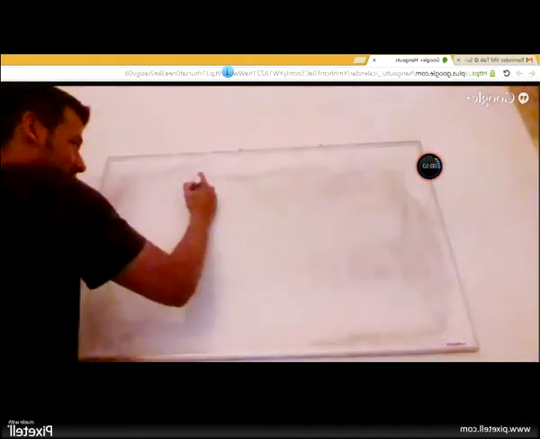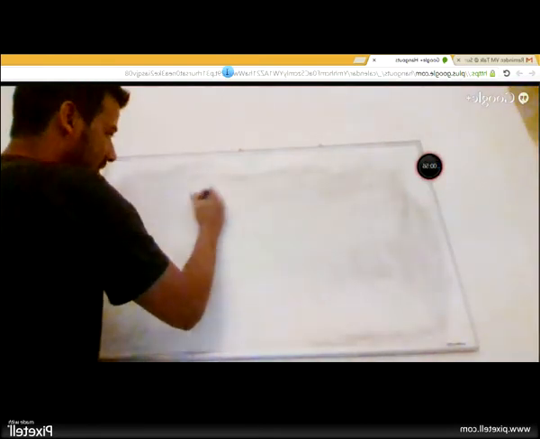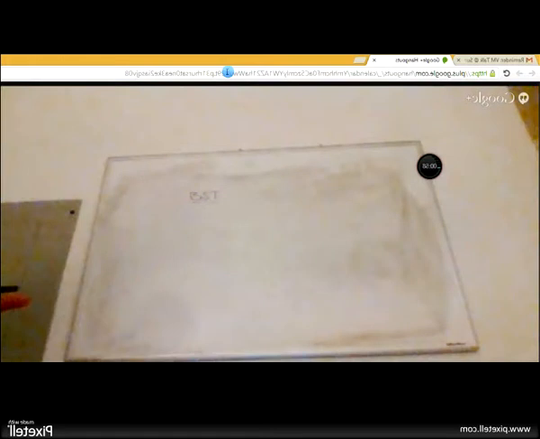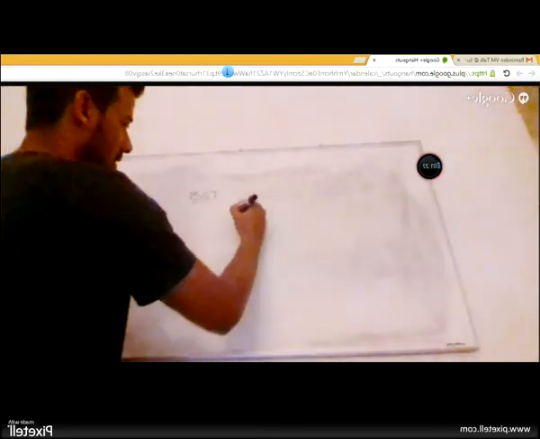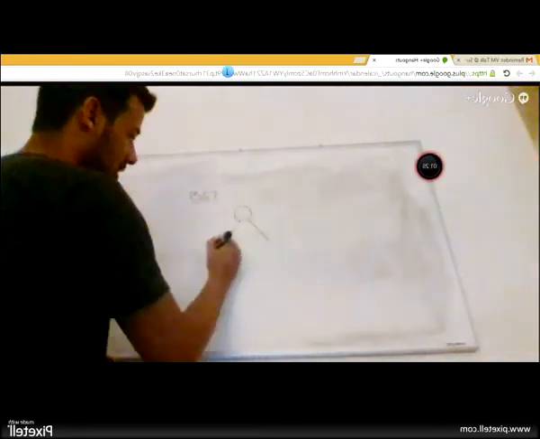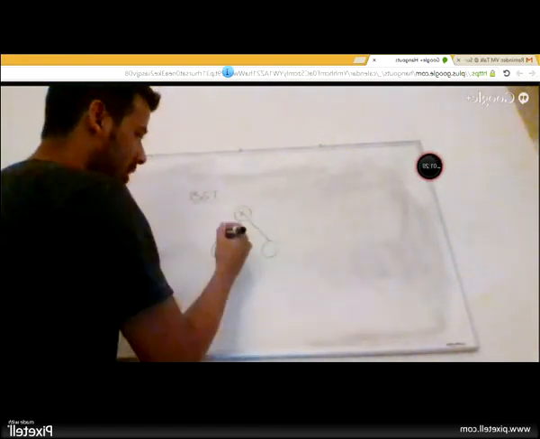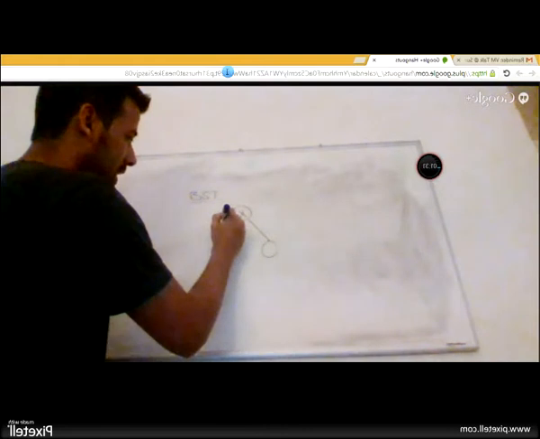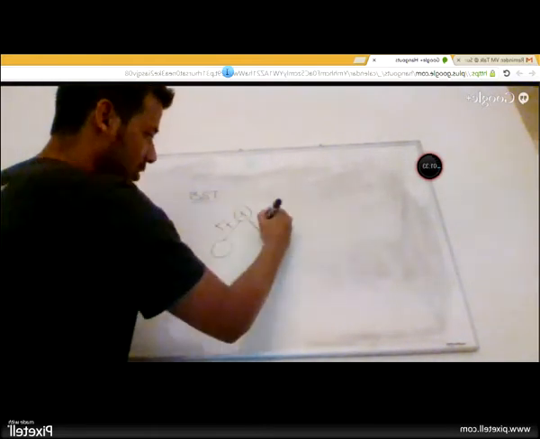So BSTs have a very simple rule, right? What qualifies a binary tree to become a binary search tree? What is the binary search tree property? The elements to the left are lesser than the root node, and the elements to the right are greater than the root. Okay. So if this is my root node x, all elements on this side must be less than x, and all elements on this side should be greater than x.